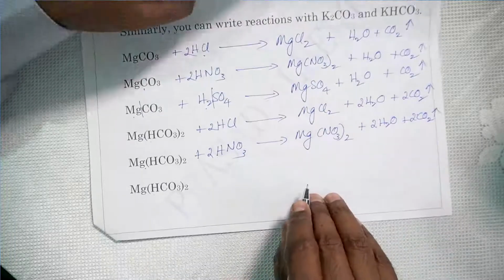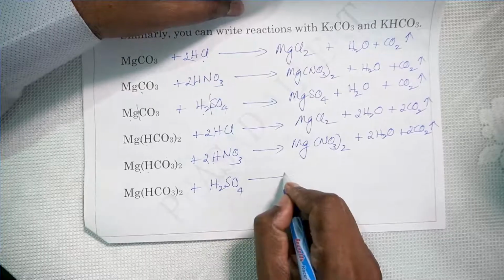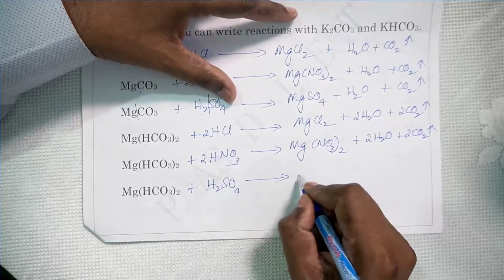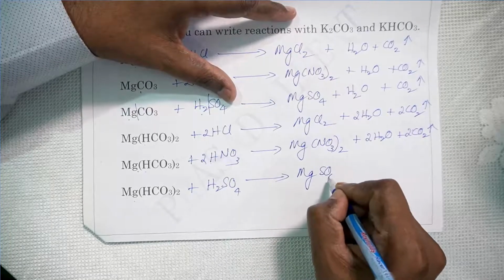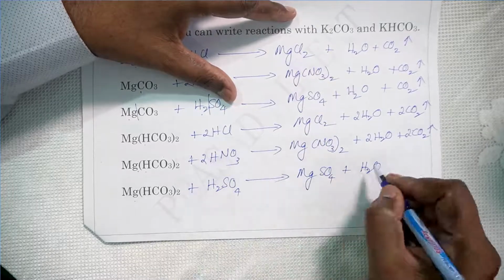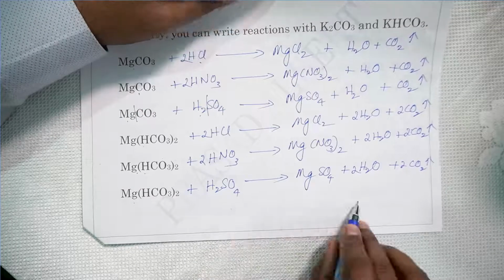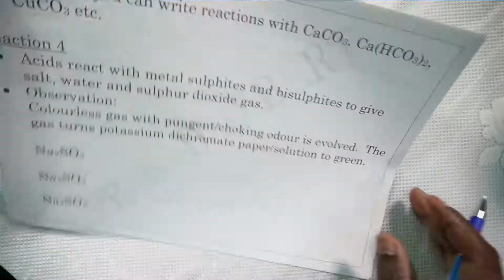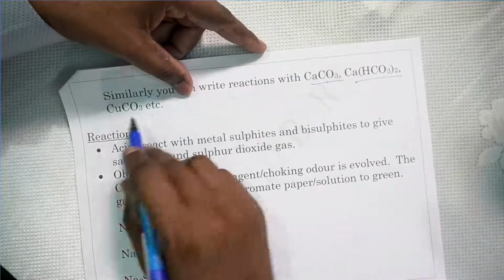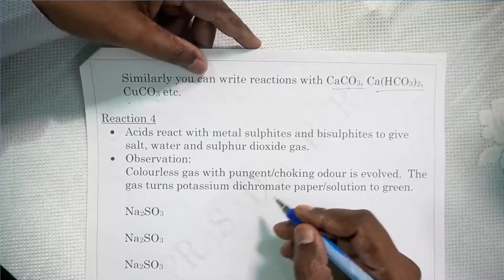Okay. So carbon dioxide. Now you take sulfuric acid here, H2SO4. In this case, magnesium and dibasic acid, they are perfectly balanced, nothing to add. MgSO4 plus H2O. This will be twice, means there will be 2 H2O and 2 CO2. Okay, that's all. It's balanced. Right? The next reaction, we can still write for CaCO3 and all. This you can write yourself, because in the same manner, they are divalent metals.